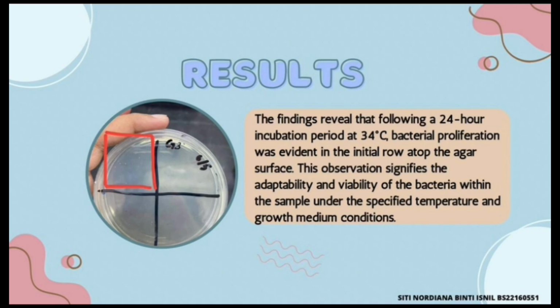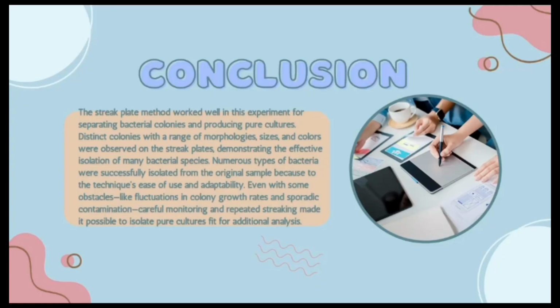For the conclusion, the streak plate method worked well in this experiment for separating bacterial colonies and producing pure cultures. Distinct colonies with a range of morphology, size, and colors were observed on the streak plates, demonstrating the effective isolation of many bacteria species. Numerous types of bacteria were successfully isolated from the original sample because of the technique's ease of use and adaptability,